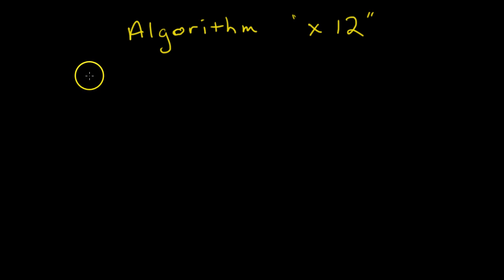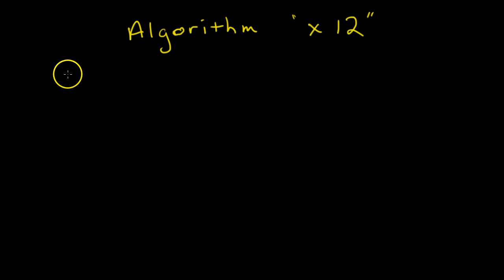Okay, here's my algorithm that I learned for multiplying by 12. And I'll show you the traditional way, and I'll show you how they both are actually doing the same thing. So we'll start with an easy number. We'll start with low numbers. If we go higher numbers, it makes it a little bit more complicated, but something you can still probably do